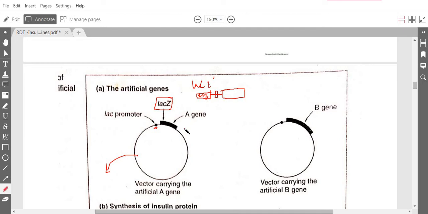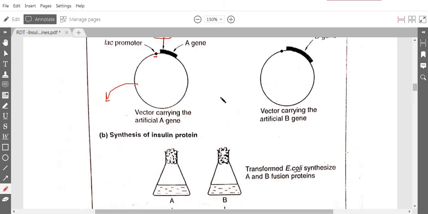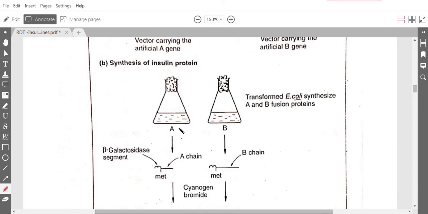So during the cloning experiment we need this beta-galactosidase enzyme so that we can check in which cell the product is getting expressed or not. But after product formation we don't need the lacZ gene and we don't need the methionine portion. Here the importance of the methionine portion arises. So you can see this is a protein that we can isolate from this conical flask. The protein contains the A chain plus the beta-galactosidase segment, and there is a methionine segment between this beta-galactosidase enzyme and the A chain, and